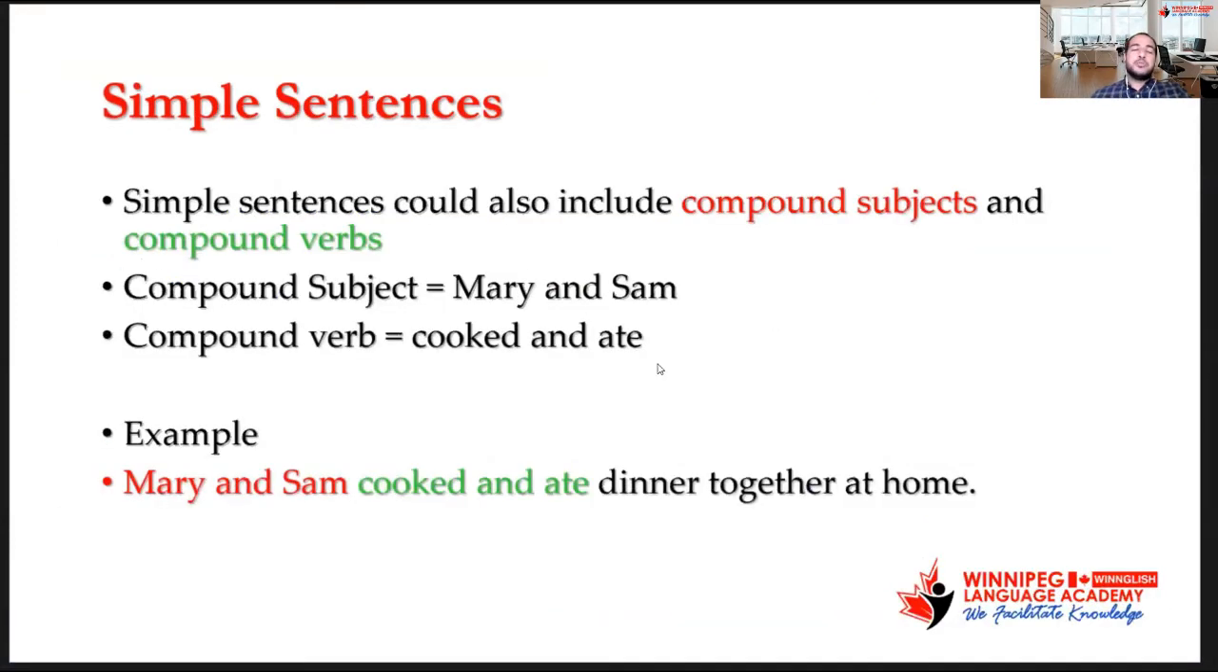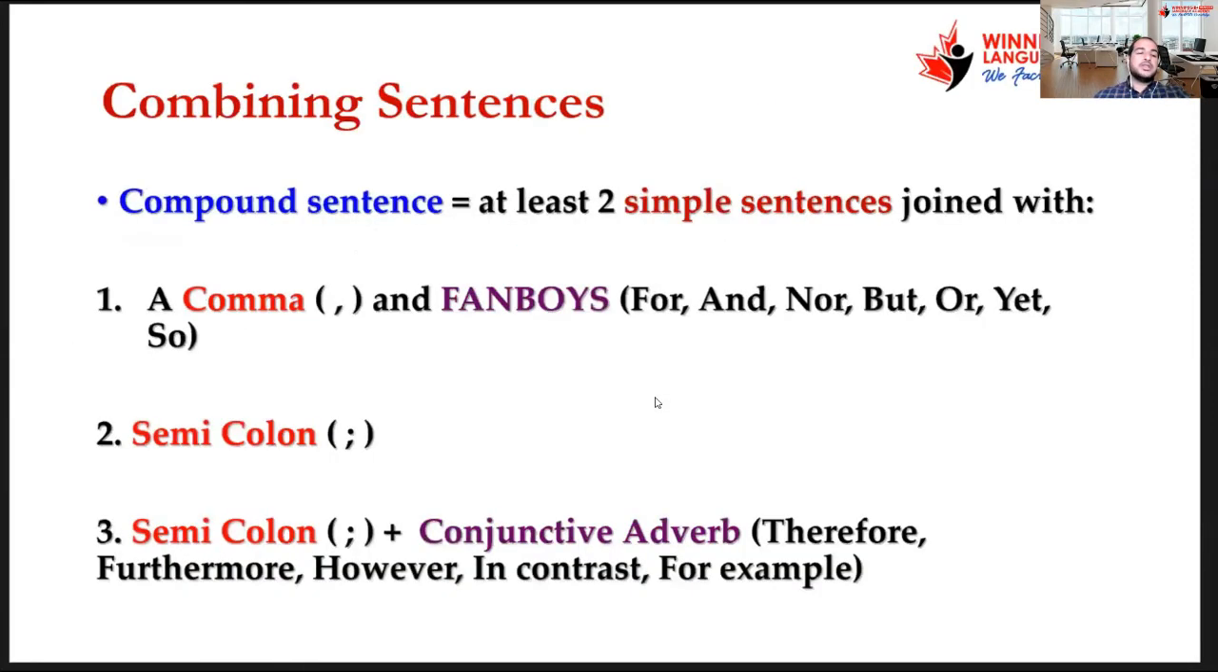Sometimes we could find a compound subject, which is two words, or a compound verb, which is two verbs. So we could see, for example, Mary and Sam cooked and ate dinner together at home. This is still one simple sentence. Although we have two subjects and two verbs, we call this a compound subject, and we call this a compound verb. In order to join them and make a compound sentence, you could use a comma, a semicolon, or a semicolon and then a conjunctive adverb. For a comma and a fanboy, or a coordinating conjunction, we have for, and, nor, but, or, yet, and these are